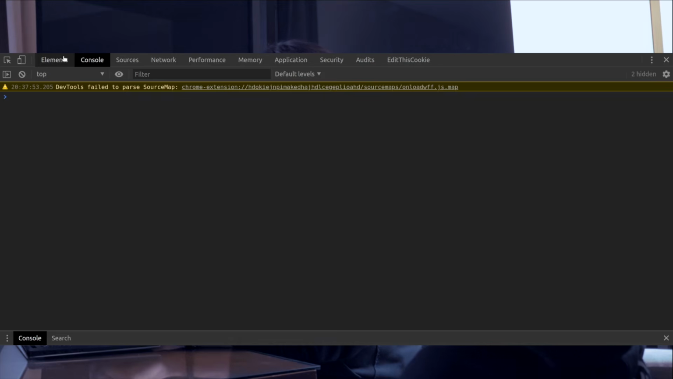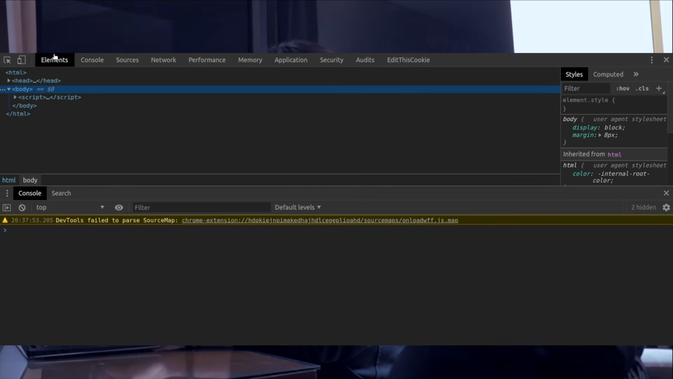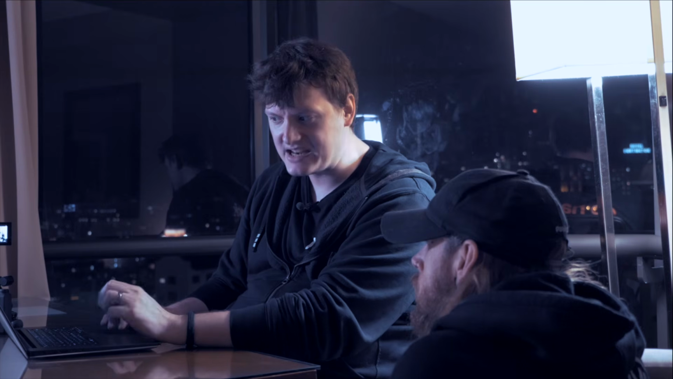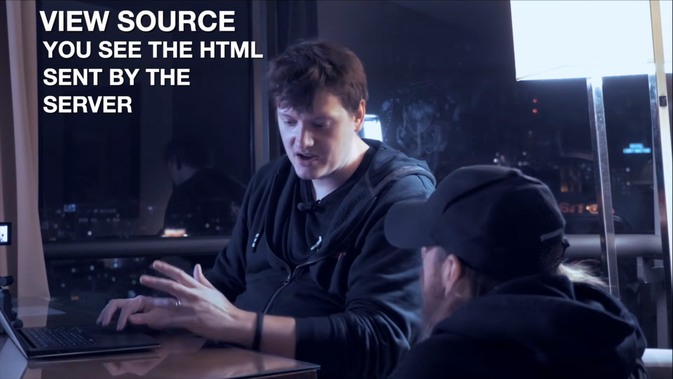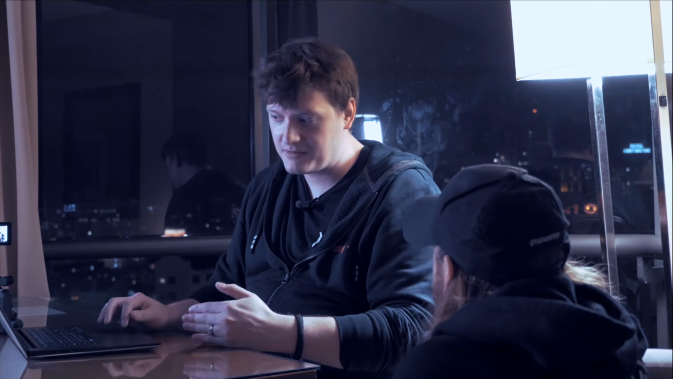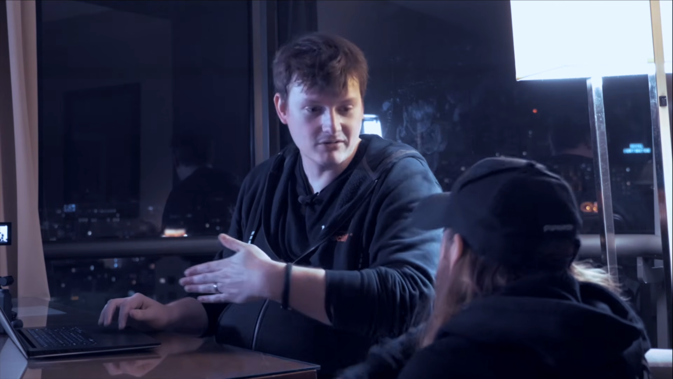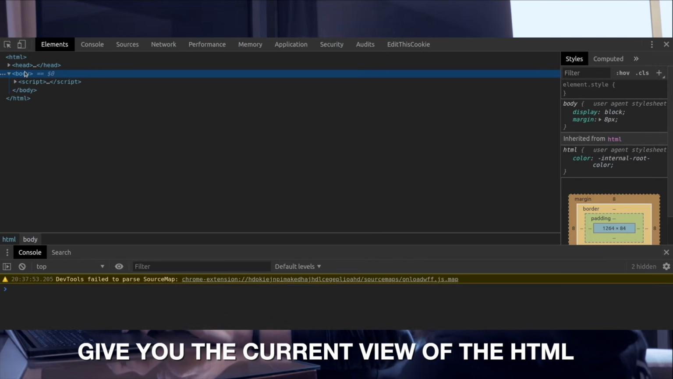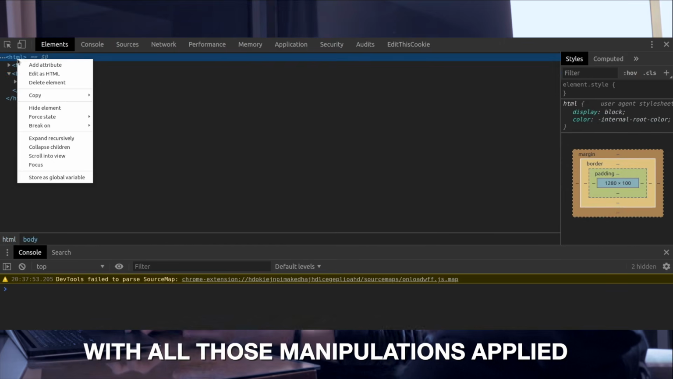Yes. And one thing I haven't really mentioned yet is this elements view, which can also be really useful because JavaScript can manipulate the HTML in the page. And when you view source, you're viewing the HTML that was sent by the server. But if it's since been manipulated by the JavaScript, it's now different to that. The elements view, on the other hand, gives you the current view of the HTML with all of those manipulations